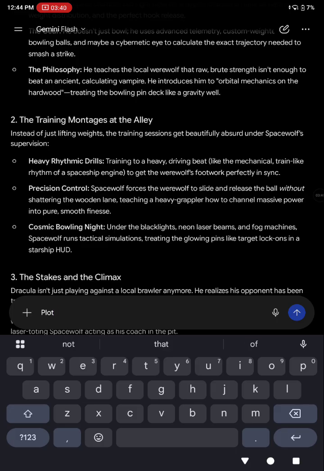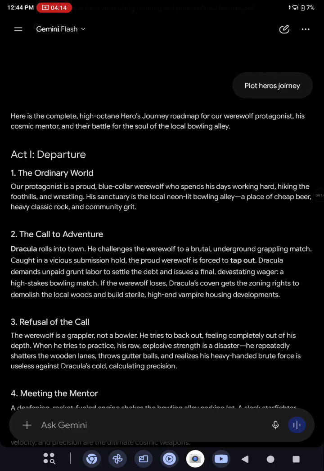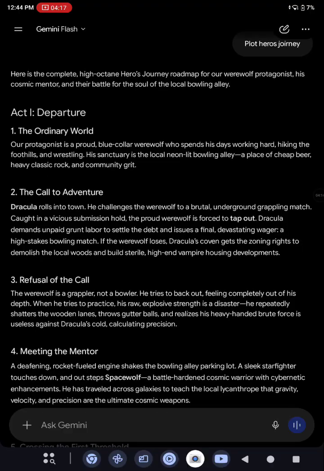I guess you have to know premise, idea, and you have to know plot. If you know writing, you just type in hero's journey of a hero. But it probably is not the right plot. Even if you know the phrase hero's journey, you probably have to know what happens during a hero's journey.